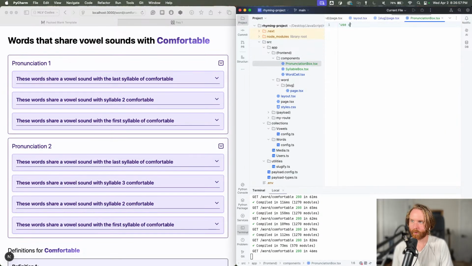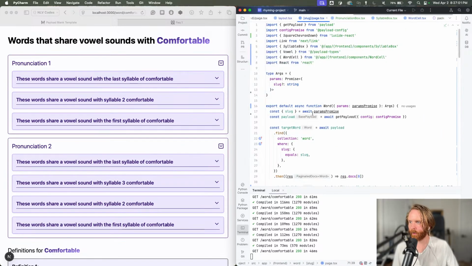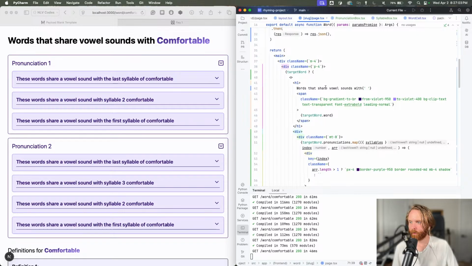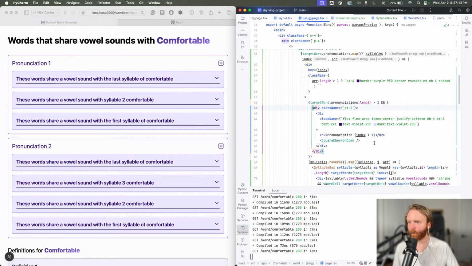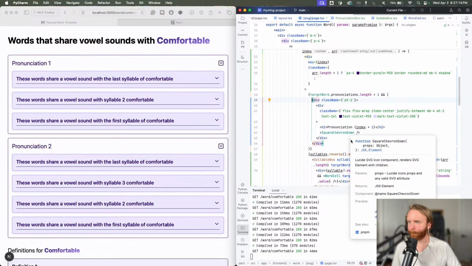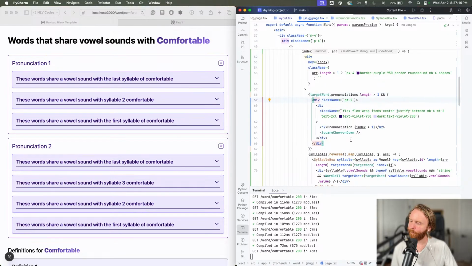And it's going to be use client, and then here we'll take our pronunciations here, which is actually going to be pronunciations